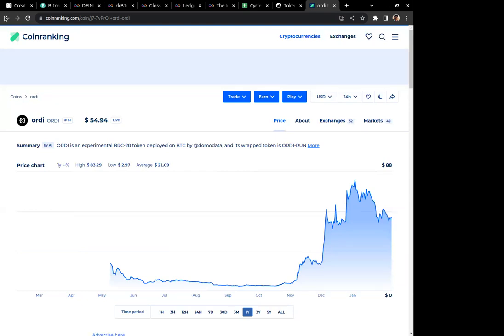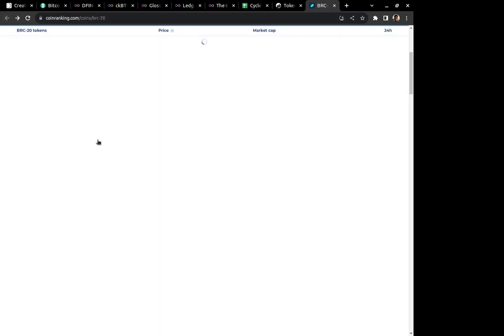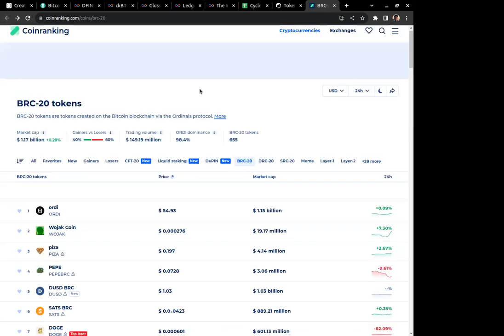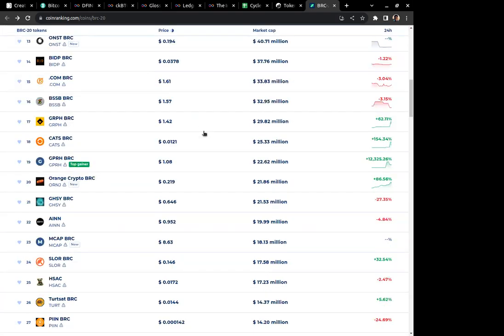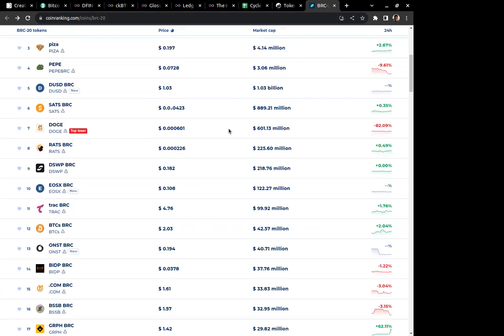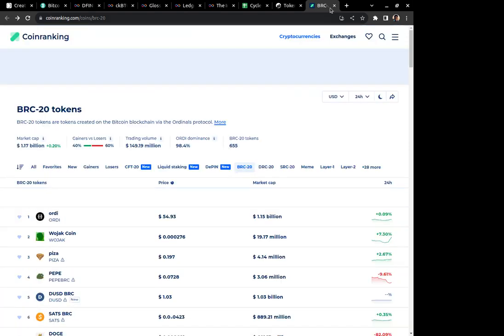It's the first BRC20 token that exists. Its price is shooting up, but it has also brought the rise of other tokens that are listed. Now this goes to the cryptocurrency aspect. Now let's go back to our CKBTC. So what we want to do with CKBTC